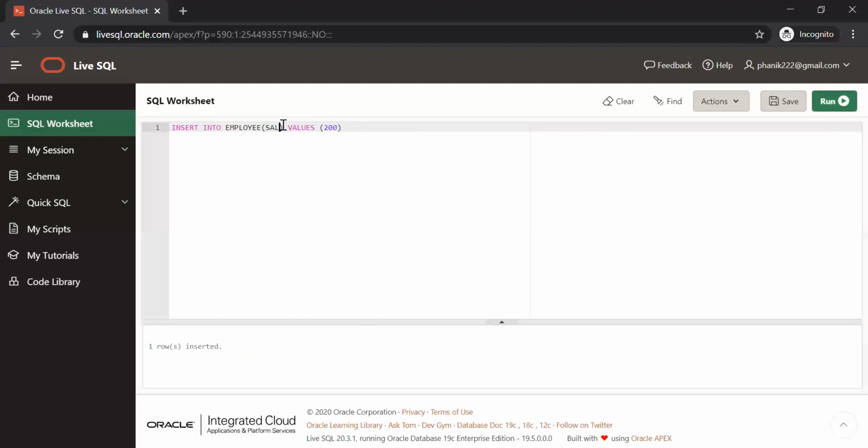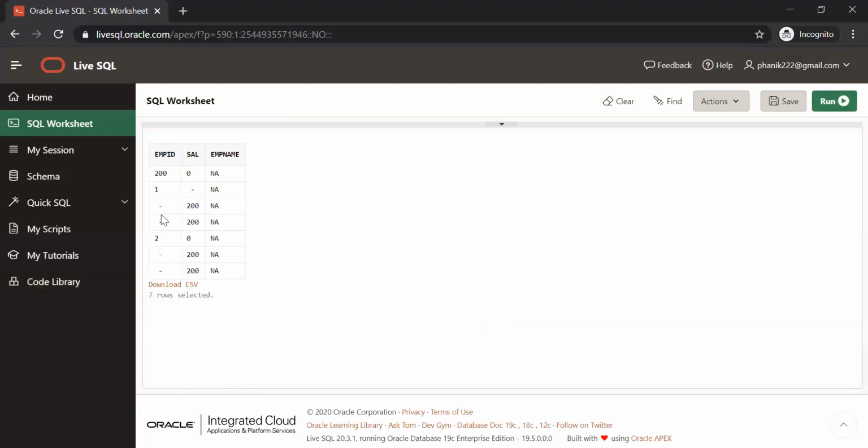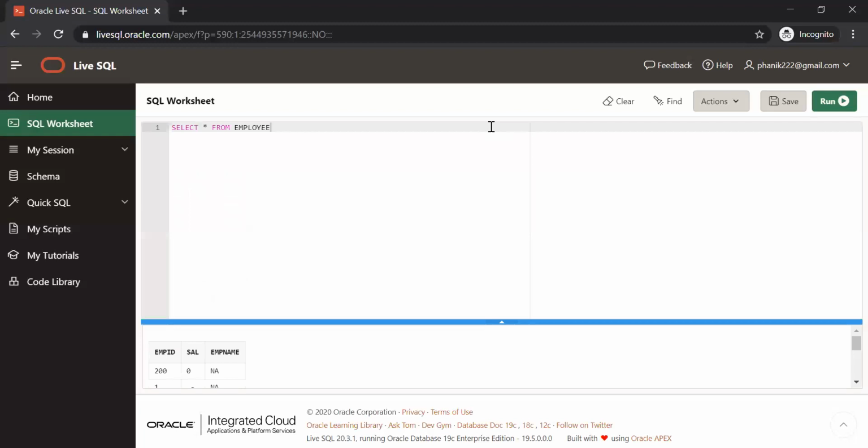If I try to send null value, it will take. How many times you send, it will take. You don't think null value can be accepted only one time. You think that unique constraint means null also should be only once. No, no. Null can be any number of times. You see, these are nulls. So we have discussed about constraints also.